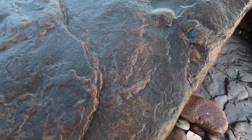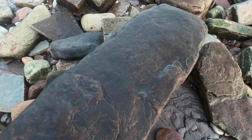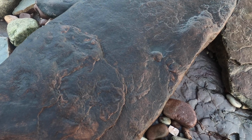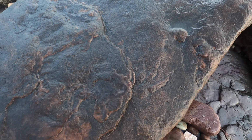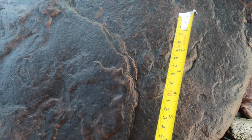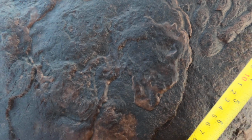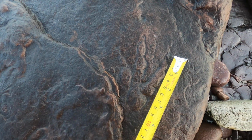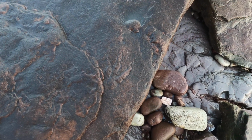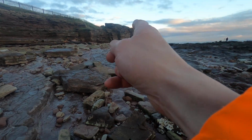There's that wonderful footprint. What I'm going to do is get my tape measure out and measure it for you guys. This is a video that I recorded for the museum, and this is live, so I'm going to get my tape measure out. So there we go, the internal digit. I've measured this before as being 110 millimeters, and you've got the side ones at 90. There you go. I've done a few videos just specifically for the museum, so if you sort of sight that, that's in your east,